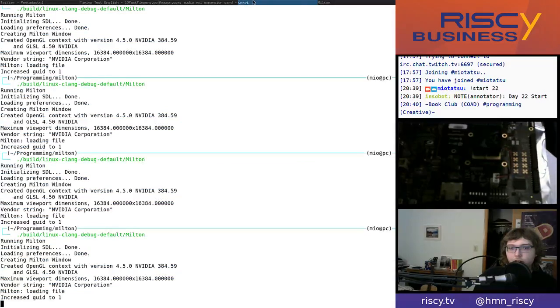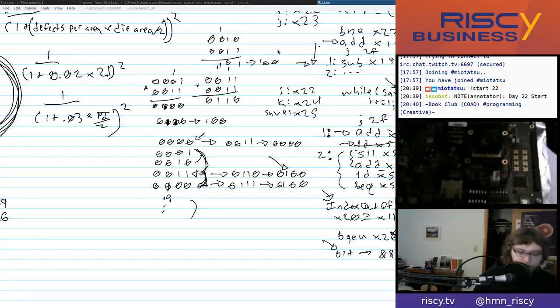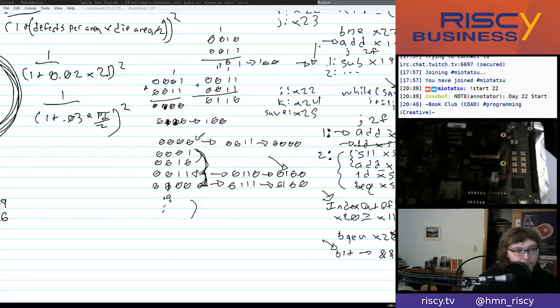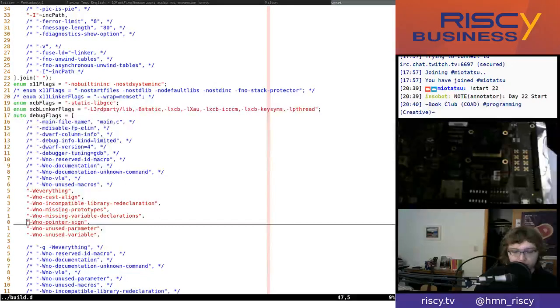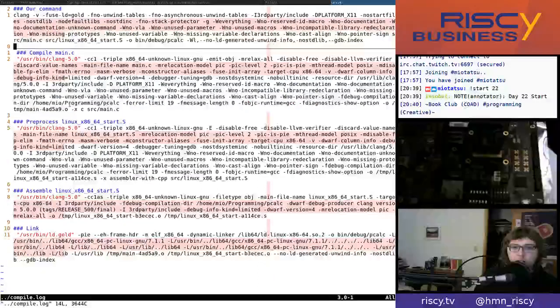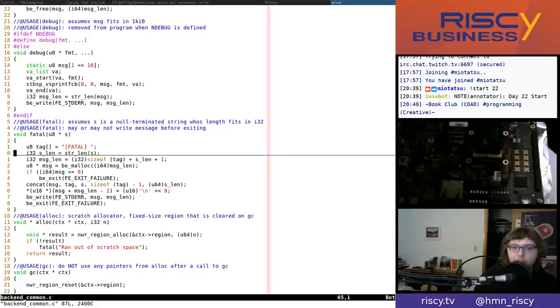And I can show this off. Let me see here. So I work on pcalc, of course, and now let me just move some of the code over here. Okay, what all do we have open here? So